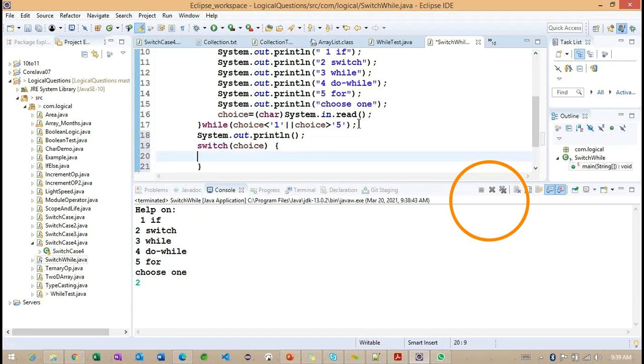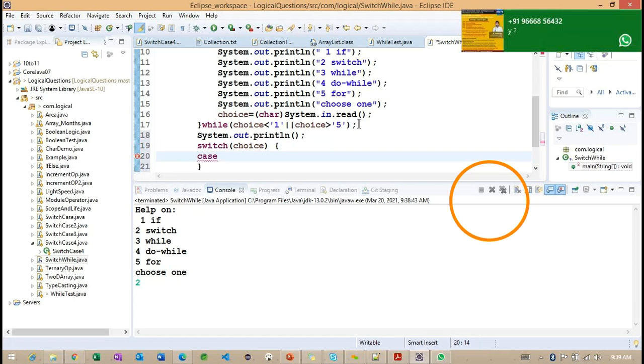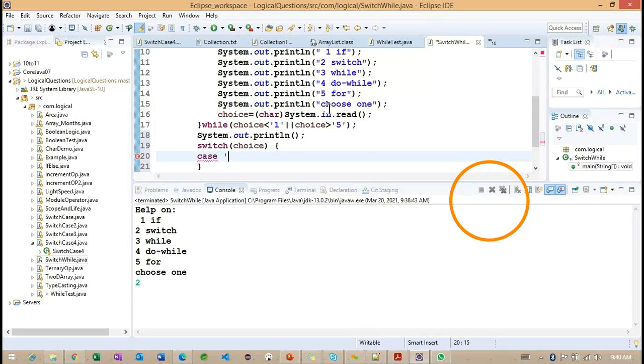Here I'm making choice. What is the type of the case? Which data type are we working on in the case? Inside the switch, what is the data type we have taken? Which data type are we taking in the switch case? Char. So in the plan, what do we need to do?